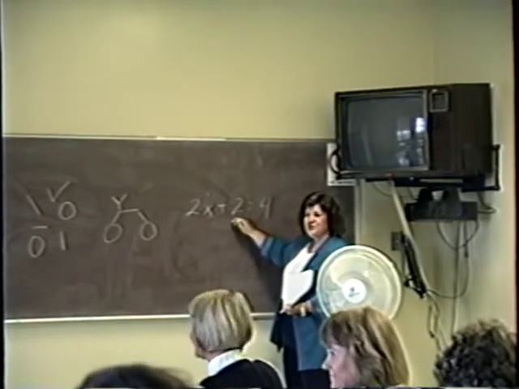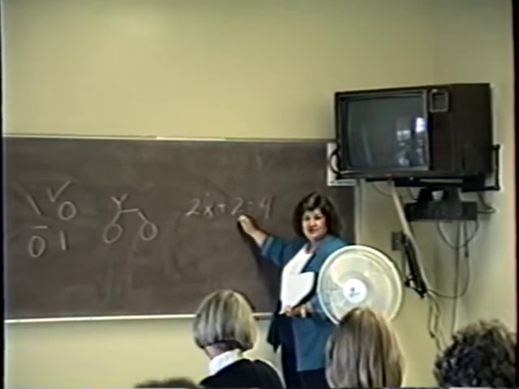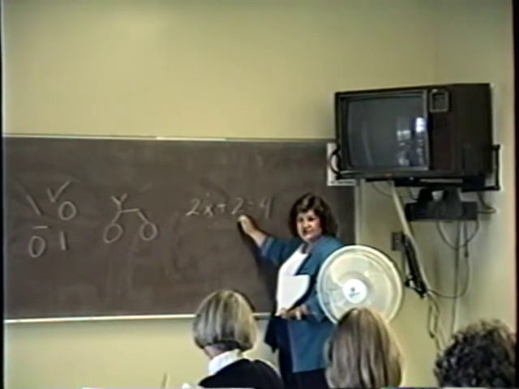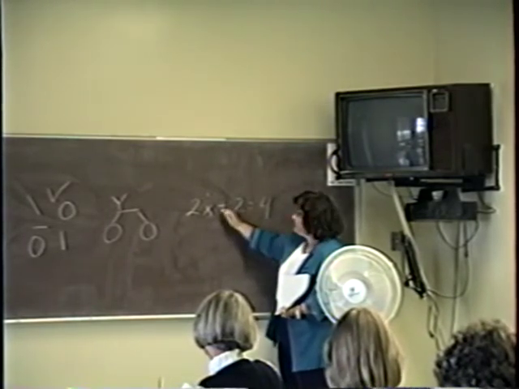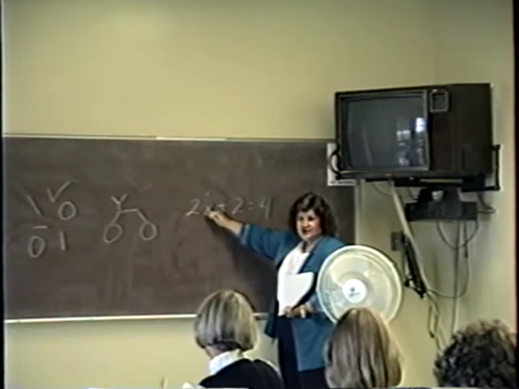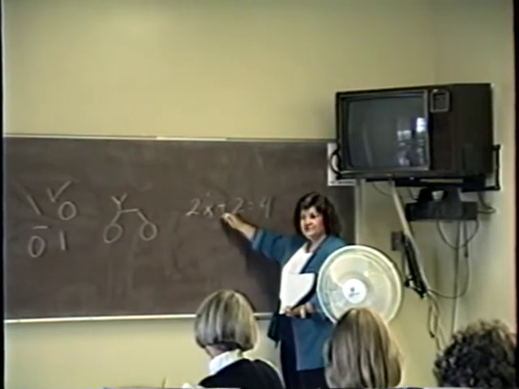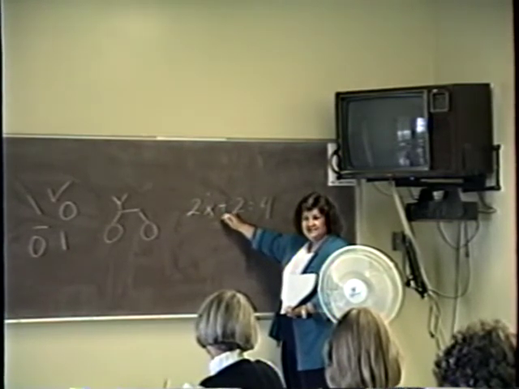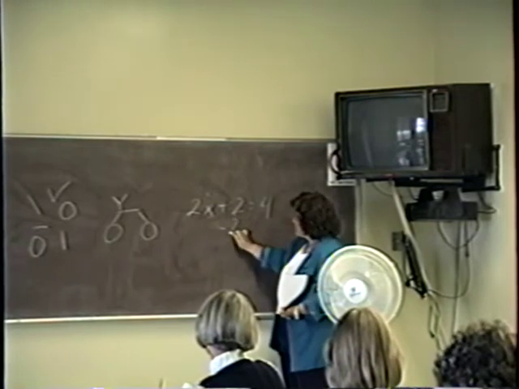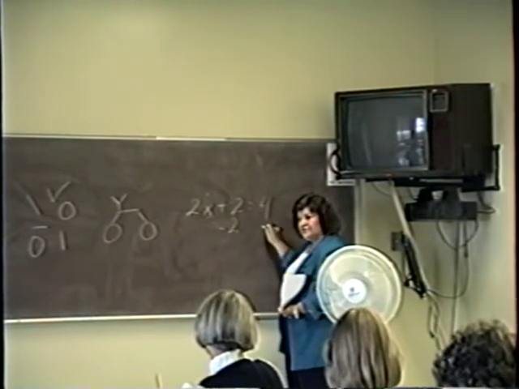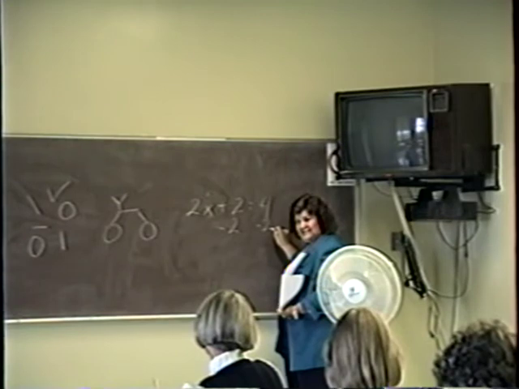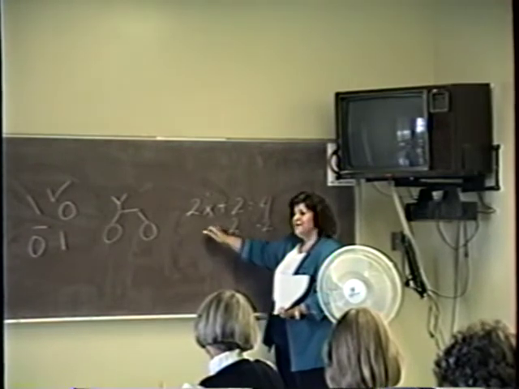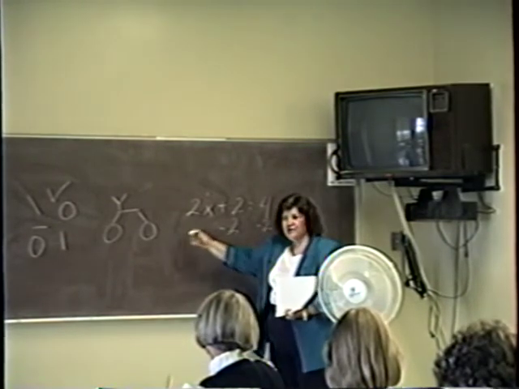Okay, we have to subtract this 2, right? So that's the next question you ask yourself. How is this 2 connected to this? It's added. What's the opposite of adding? Subtracting. So I have to subtract the 2. If I do it over here, I have to do it over here. You go back, and we always work left to right, and we go back and forth,